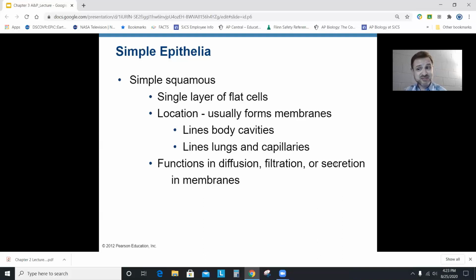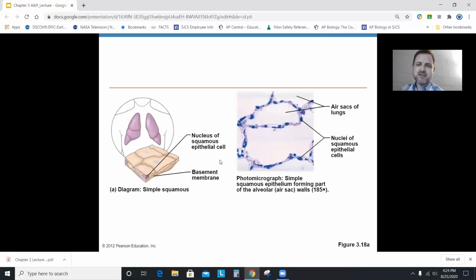A simple squamous membrane would be good for things like that. Not good for protection, particularly. Of course, it's better than nothing, but protection isn't one of the functions here, right? Here you have a picture, the alveoli of your lungs. These are air sacs. We'll discuss this when we do your respiratory system. These air sacs are full of air, obviously, and this one cell thick membrane that surrounds them allows O2 to go into your blood or CO2 to go out of your blood to go back into your lungs